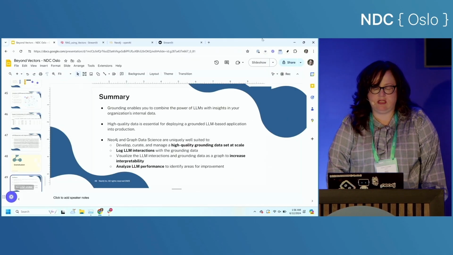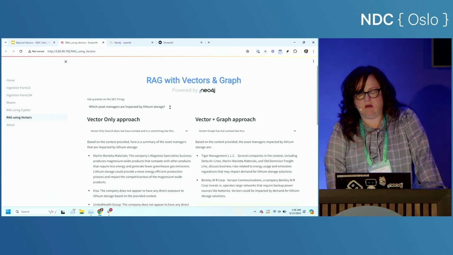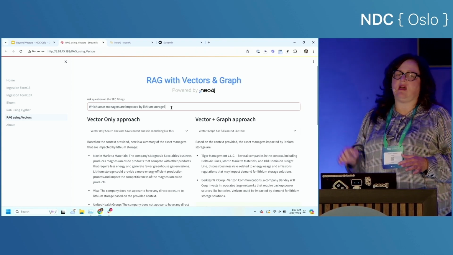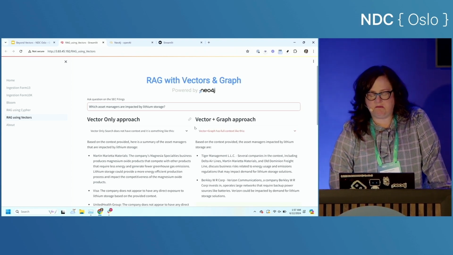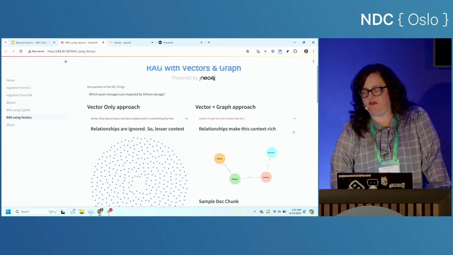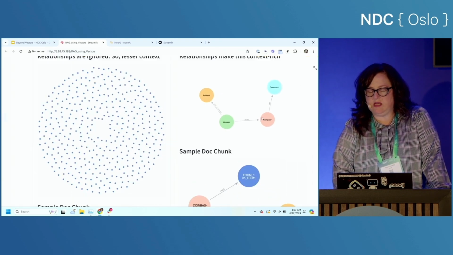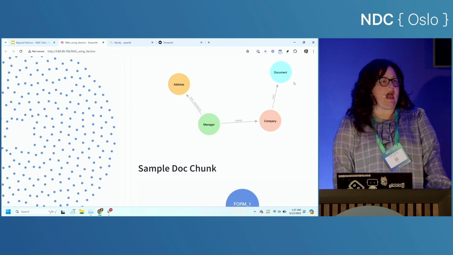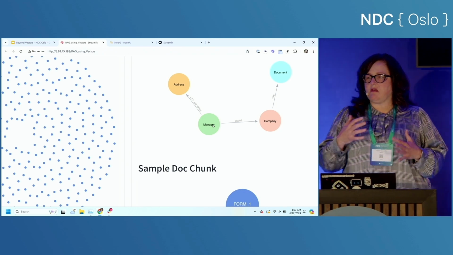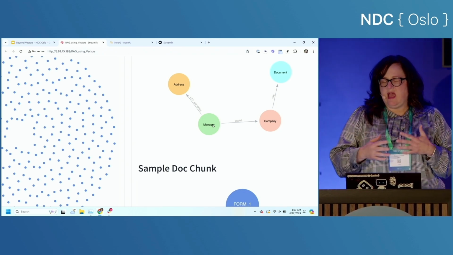But what I want to be able to do is show you a couple of the things that we have here. We've got a few different demos that you can look at. This one happens to be using SEC data, which is the filings with the New York Stock Exchange. In this particular case, we can see a company which had a filing, and that company might be owned by an asset manager. So here, manager means asset manager, and asset managers own many different stocks, and then each of those may have